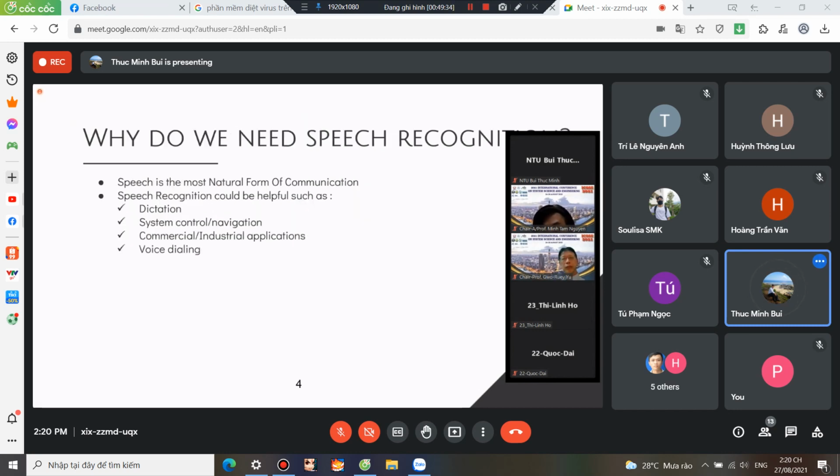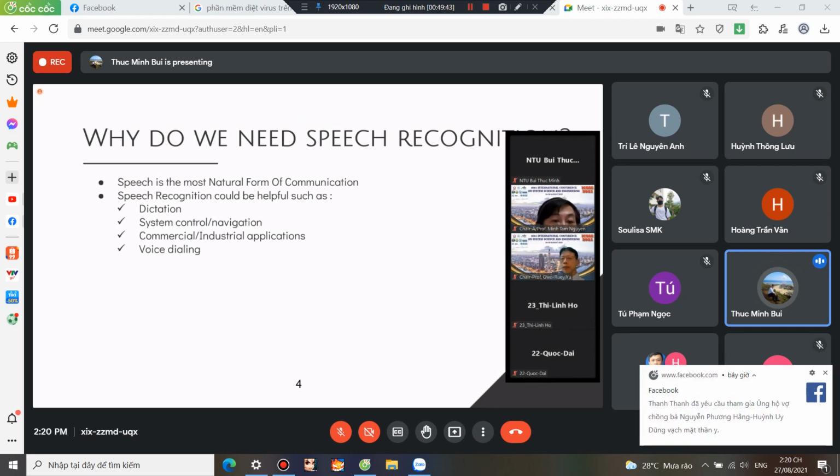And why do we need an SR system? Because speech is the most natural form of communication. It's an effective way to communicate between the human and the computer. And speech recognition